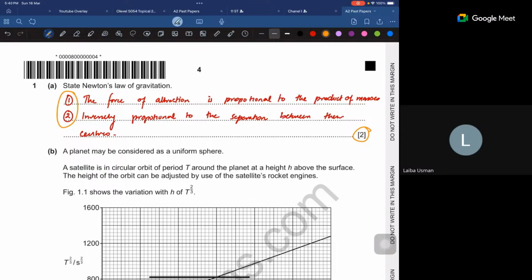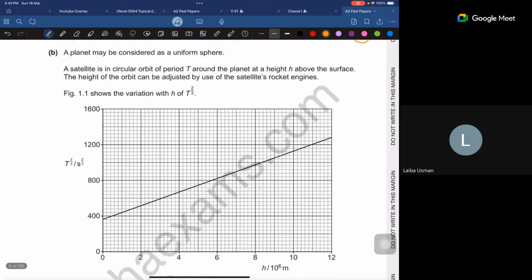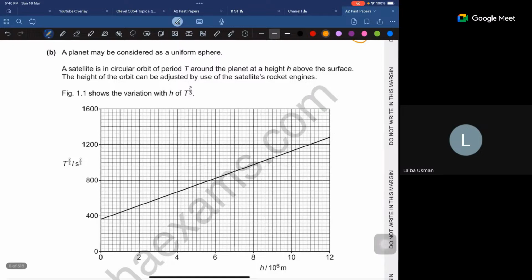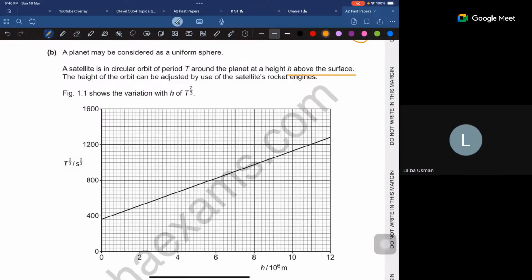Now, going to the next, the planet may be considered as a uniform sphere. The satellite is in circular orbit of period T around the planet at a height h above the surface. The height of the orbit can be adjusted by use of the satellite's rocket engines. It shows the variation of height with T^2/3. Interesting. This is something new actually. Okay, never mind. So in this scenario then,